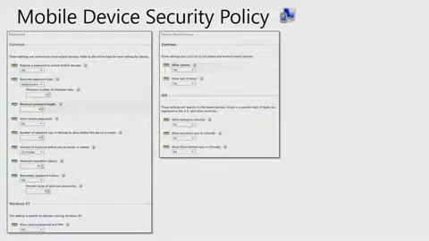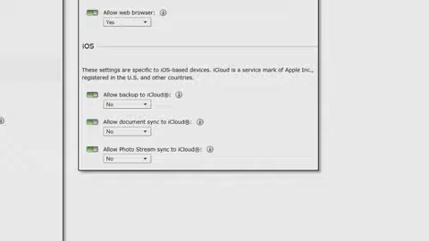So next up, we've got our device restrictions. So this is where we can apply particular capabilities through policy to the devices. In this example, we've got some additional restrictions that we have on the iOS platform. We've heard that there's some security concerns from customers around the iCloud service from Apple that allows an end user to basically synchronize all of their data from their device directly to a personal iCloud account. So we were able to get that policy restriction in place and integrate that into the Windows Intune service to